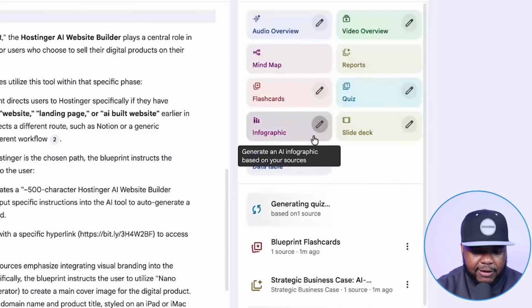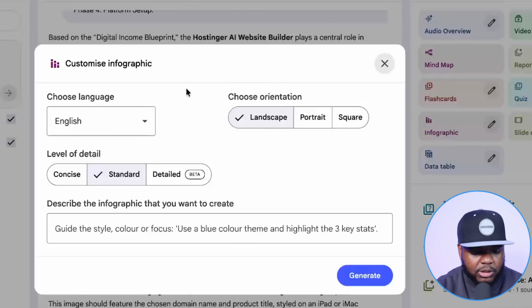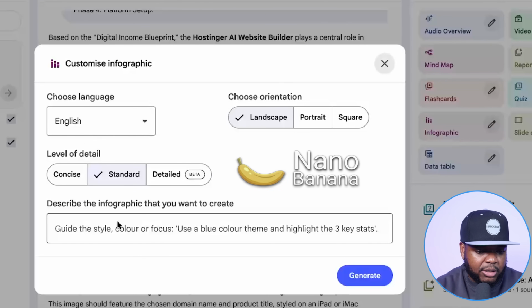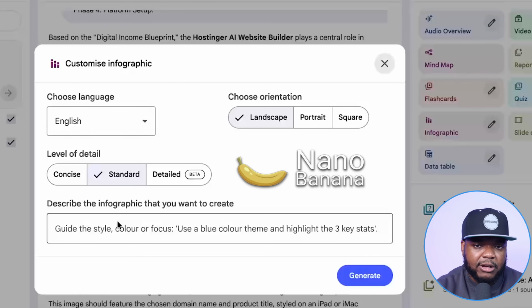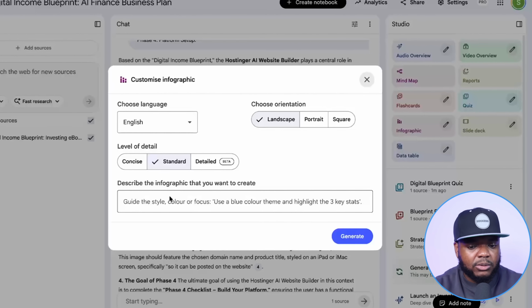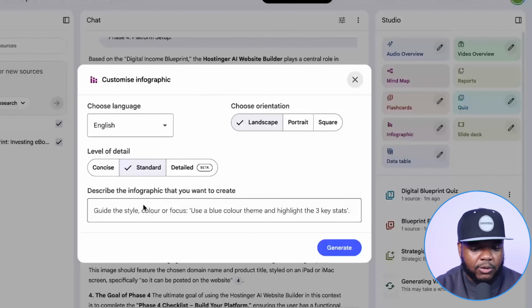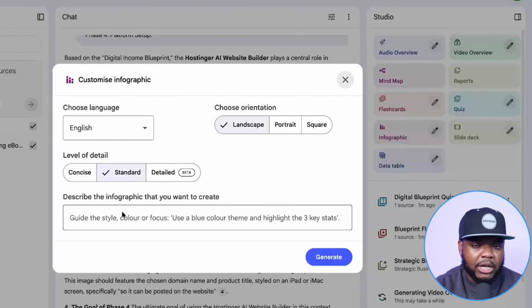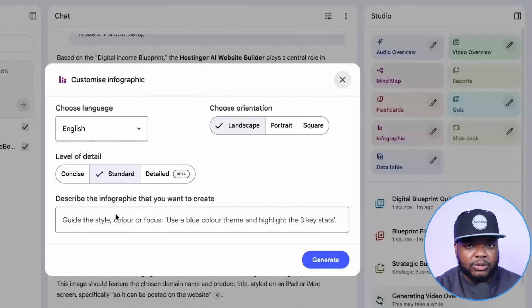Moving on to infographics. So this is a way for you to use Nano Banana when it comes to making an infographic that you're going to be able to use in whatever way that you want. It's going to have text on it. It's going to have images, and you can use it for advanced things, but you can also use it for simple things. If you wanted to create an infographic breaking down every single step in the blueprint of getting your digital product business built, and you now wanted to print that infographic out, stick it on your wall so that you can look at it every single day,